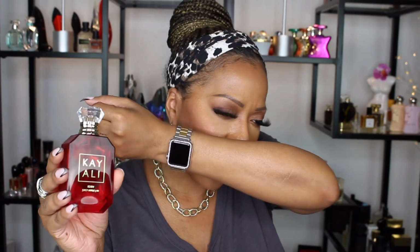If anything, I get more raspberry in this fragrance. I think I said that before. And I feel like I get sugar and vanilla, and the moss gives this fragrance kind of an aquatic type of feel to my nose. Not necessarily water. Well, yeah, that's what aquatic is, but